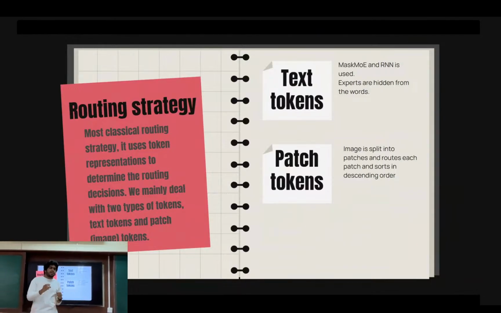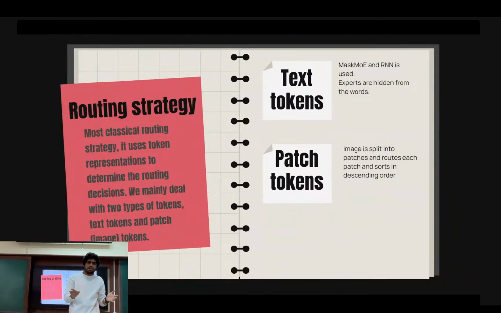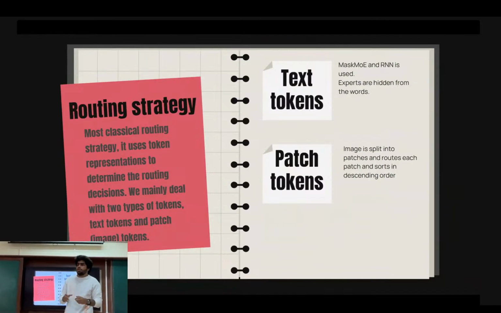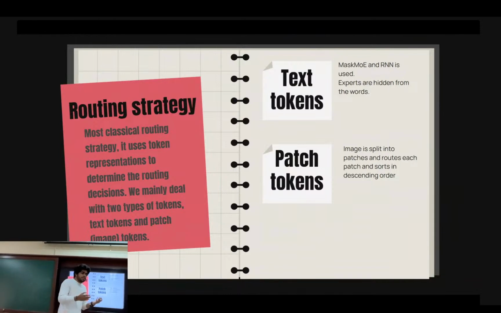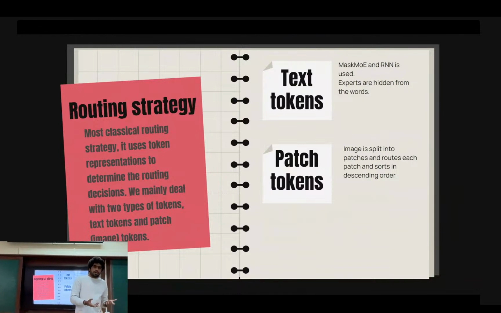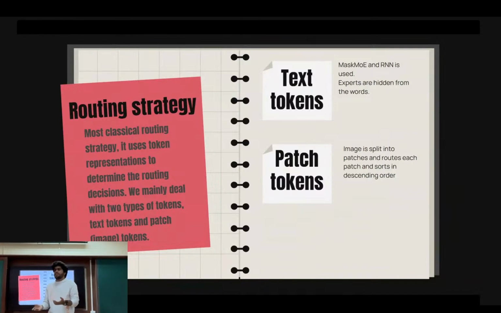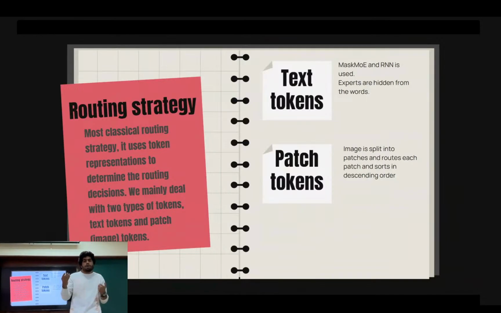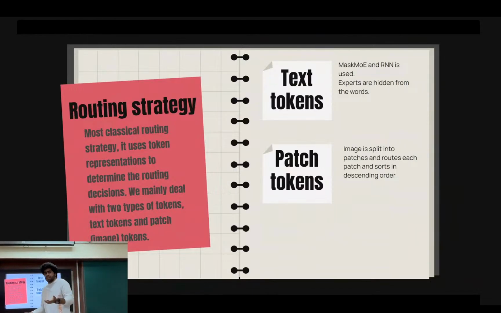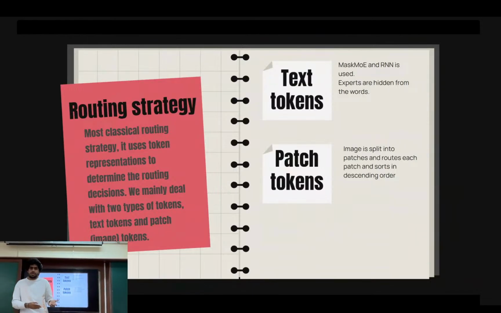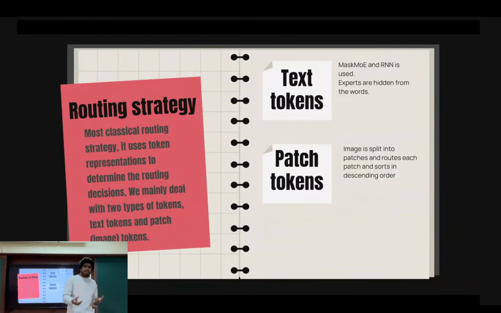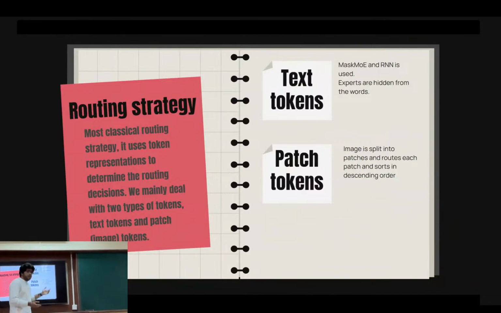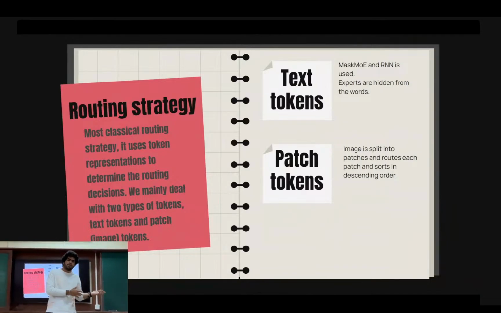Now what it does is it takes a word, and it doesn't show you what experts are, it just assigns it the expert. So let's say you have a word that keeps coming up way too many times. We'll assign it to multiple experts. This is done to understand the word better because it's showing up so many times. Let's say I have "bank", and bank could be the money bank or the river bank. So we'll assign it to 2-3 different experts so we can understand all the meanings of it. But if you have a very specific word that has no other meaning, it assigns it only to one expert. It uses an RNN to hold the memory because it needs the memory of how many times it's been assigned and